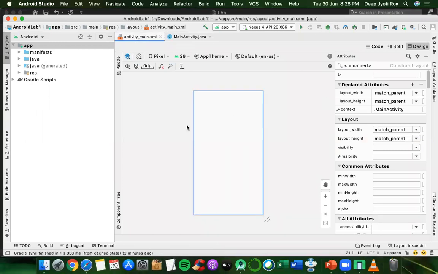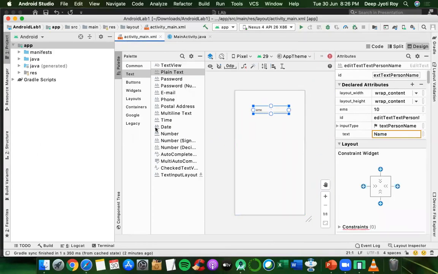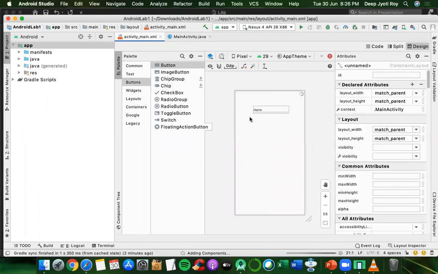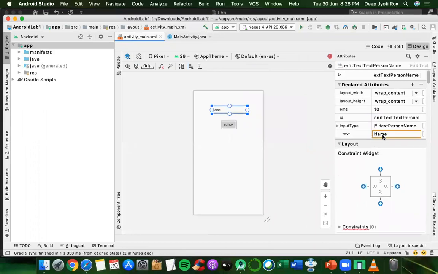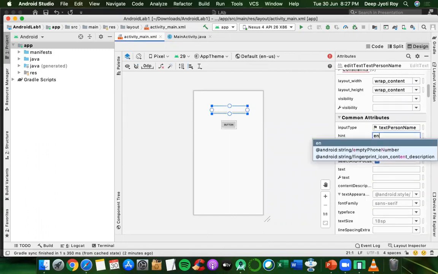Now, how many edit texts do I require? I require only one edit text, and at least one button. So go to the palette, plain text, drag and drop it here, and then I also require one button in order to display it. That's all. So it will be simple. For the edit text, I will delete the name, and then in the hint section I will write